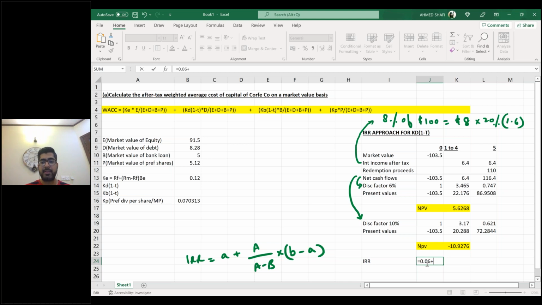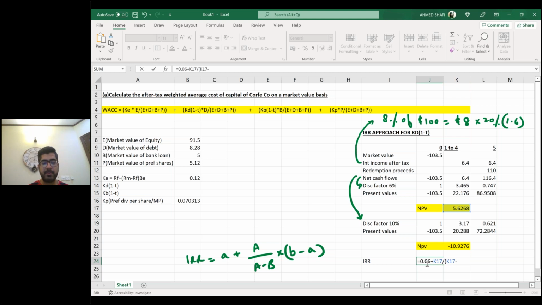Plus capital A. Capital A is basically the positive NPV. You can see positive NPV is 5.6268, or you can take the cell K17 over again capital A. Capital A is K17